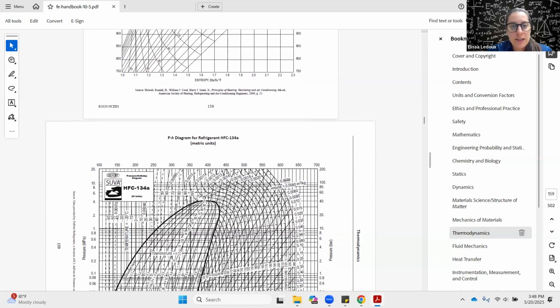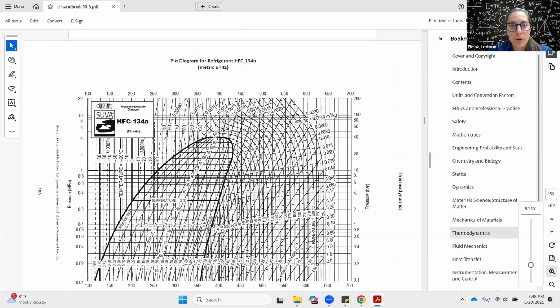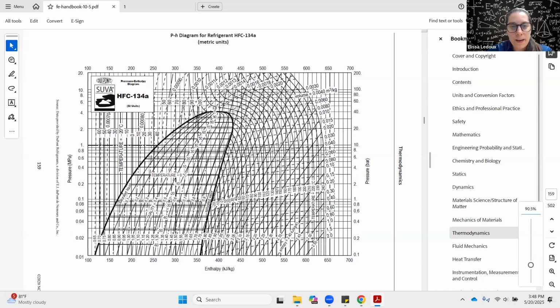So then the next table, so this is a pressure and enthalpy diagram for a refrigerant. So different refrigerants will have different diagrams, but they'll all look really similar. So this has a ton of confusing lines on it, but what we want to look at here is first we'll look at the axes. So we have pressure on the vertical axis. So in bar or English units on the right, megapascals or metric units on the left. And the enthalpy here, this is specific enthalpy, so kilojoules per kilogram